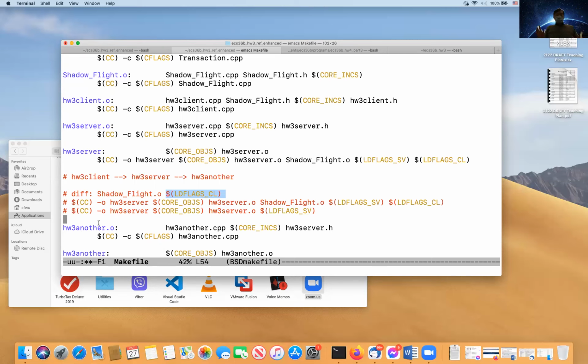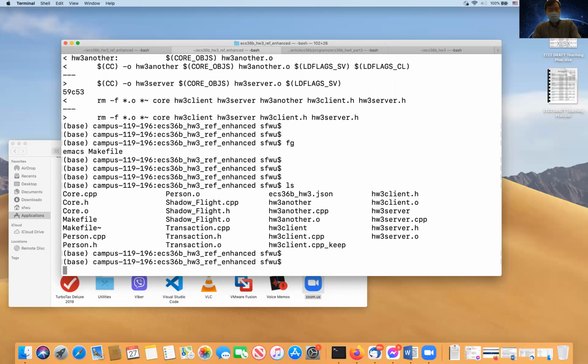Let's do another diff. This is one major diff. Let's do another diff. The other thing I changed, I believe, is HW3 server.cpp.